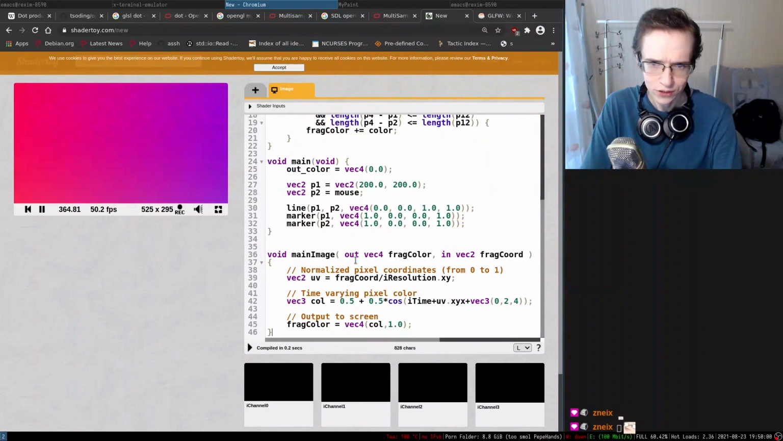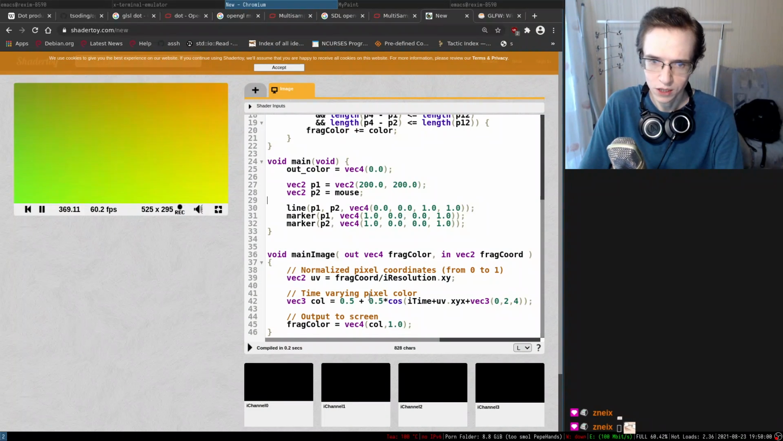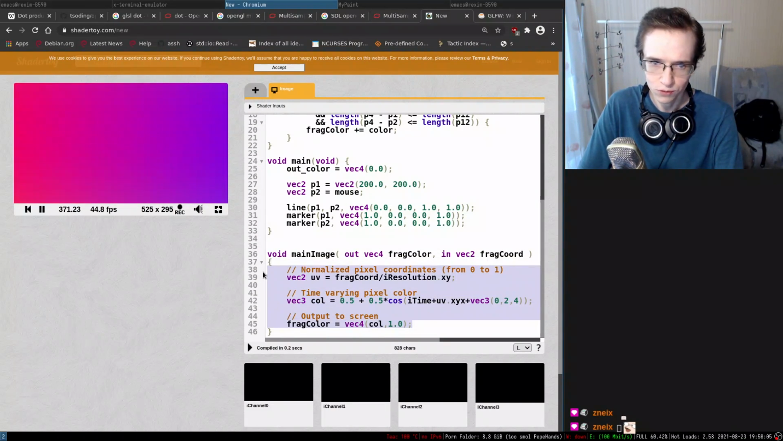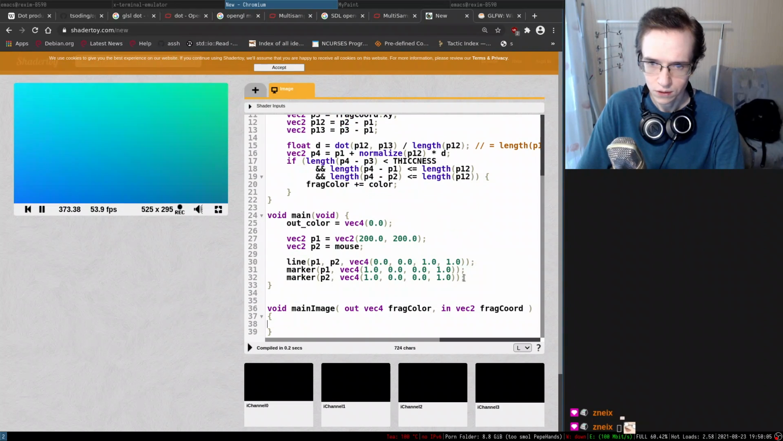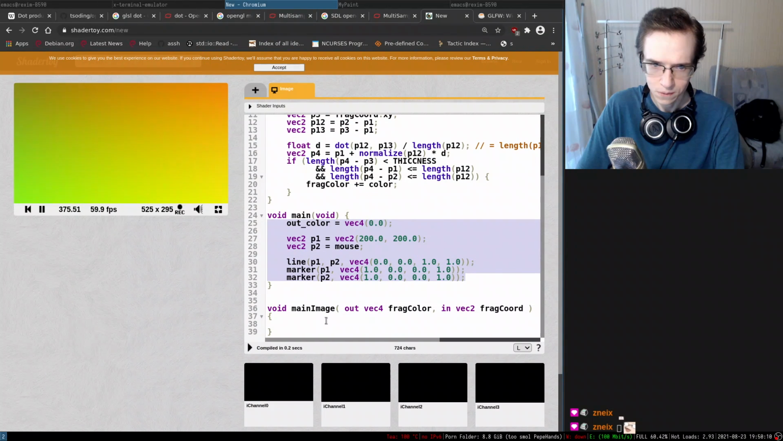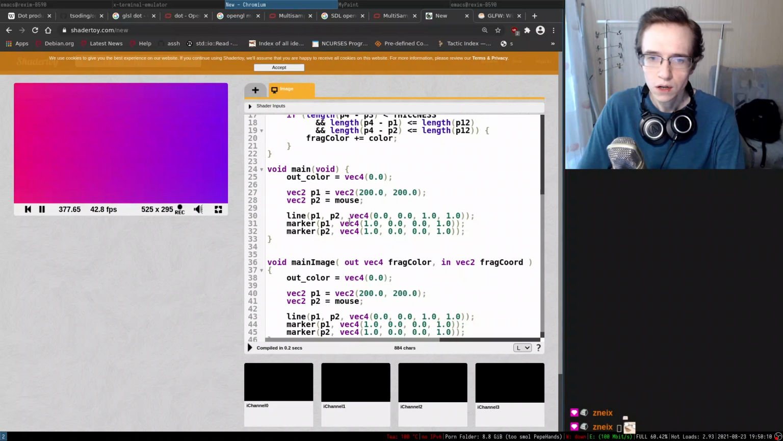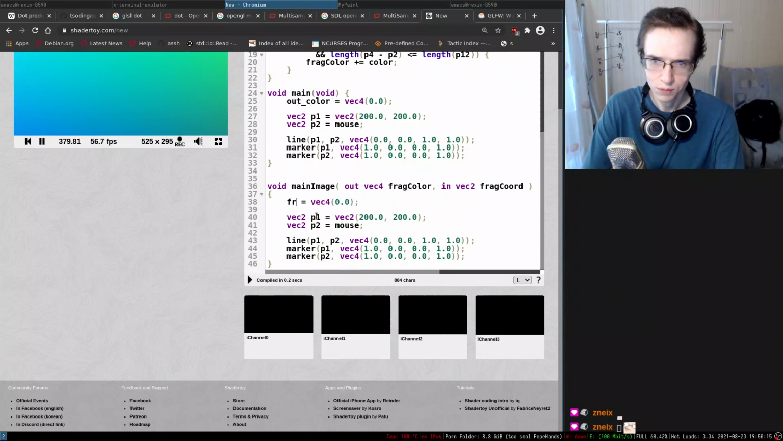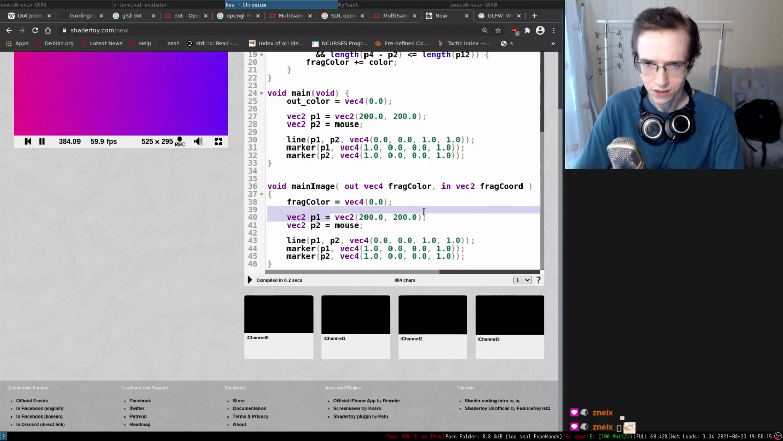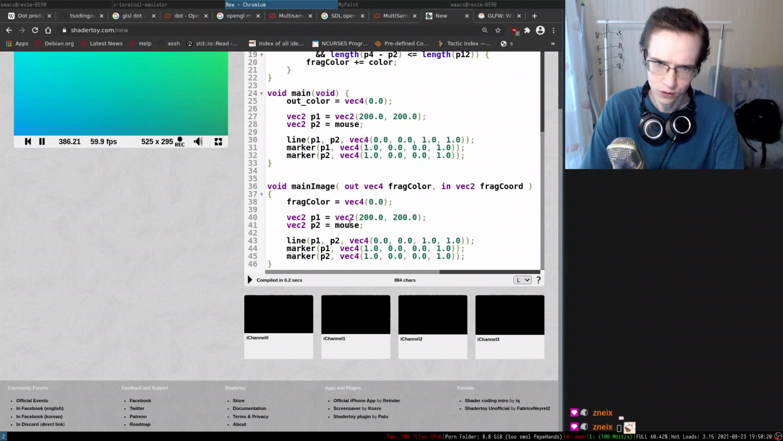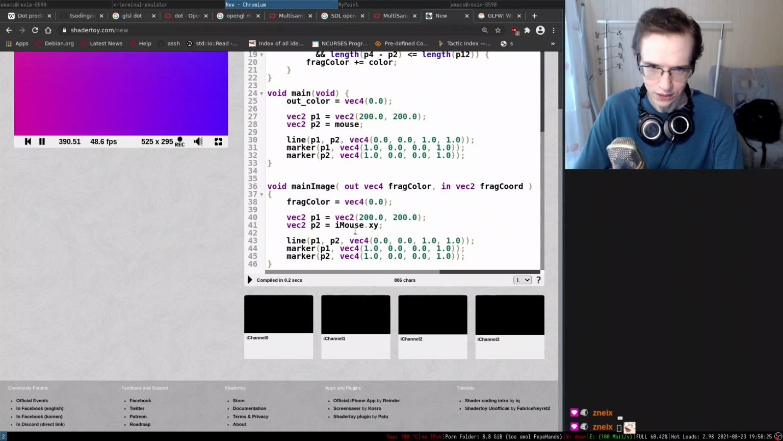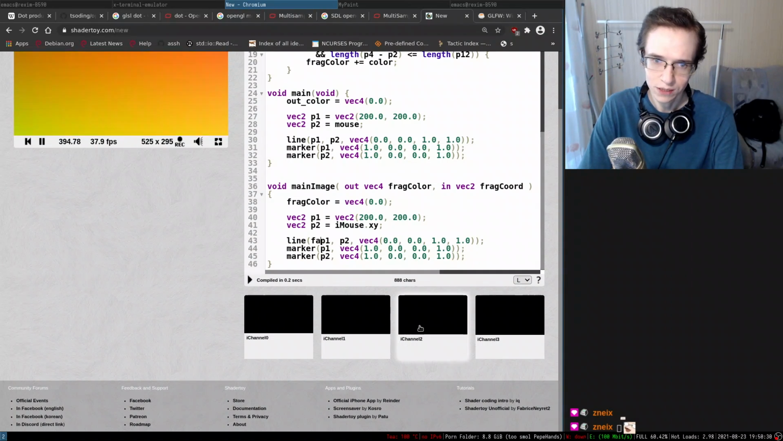And essentially this entire thing becomes the new main, so I'm going to remove the entire thing and then put it in here. So the output color, I suppose, is going to be frag color. There we go. So then we set some sort of position. Mouse, in terms of Shader Toy, I think it's iMouse.xy. And then we set the rest of the stuff. And in here we'll have to provide